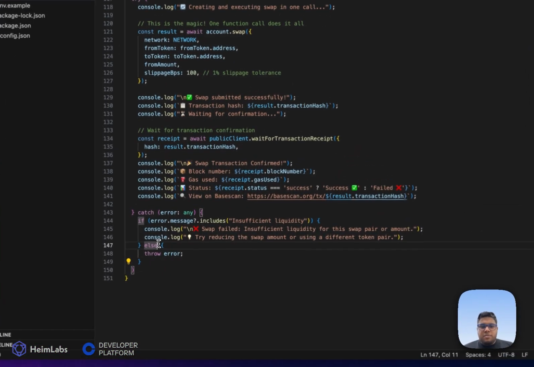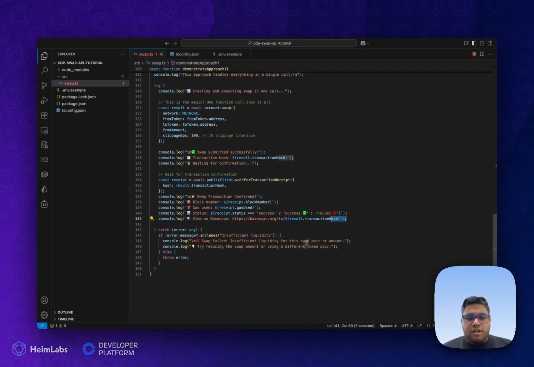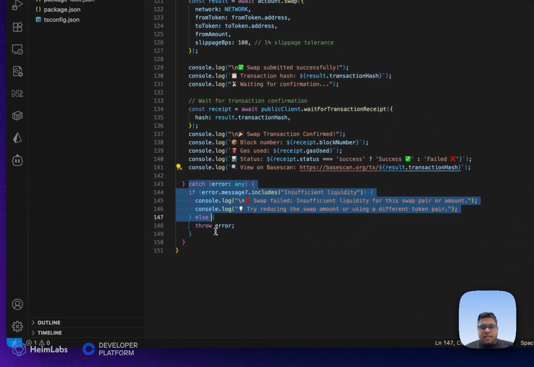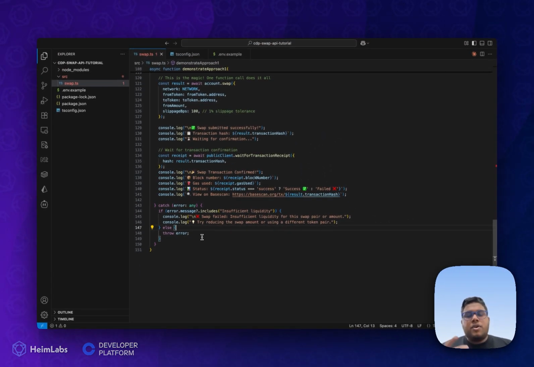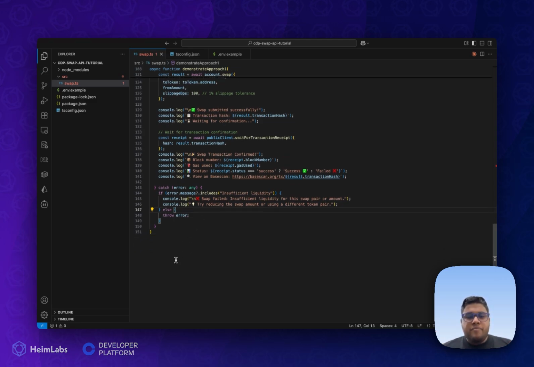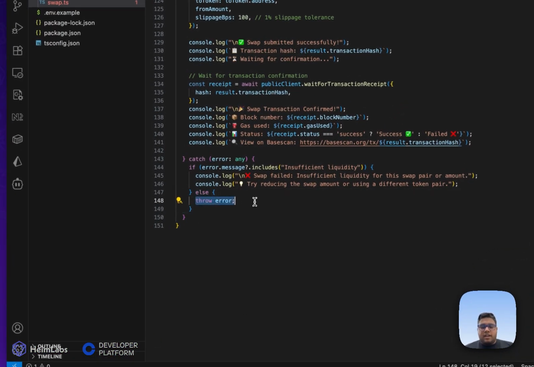Next, let's finish off this function by adding the catch block as well. So we'll add the catch block over here. We'll do some console logs so that we can get the transaction hash and the transaction link as well, so that we can personally verify this transaction and see if it worked or not. And next we would be completing the catch block as well, where we would be adding some specific error messages, like insufficient liquidity or insufficient balance or something like that. So you can add more specific error handling over here as well. But for demo purposes, we'll be only sticking to this specific error handling. Apart from that, any other errors would show a normal error itself.